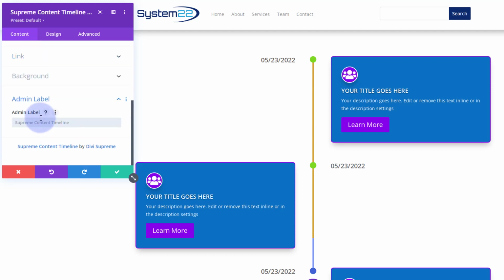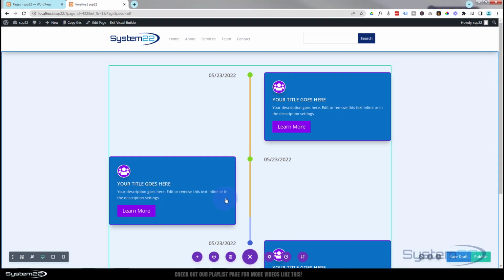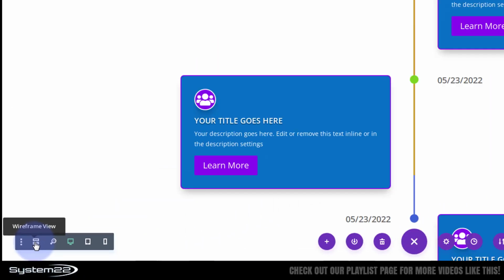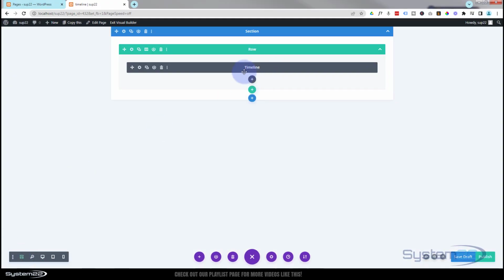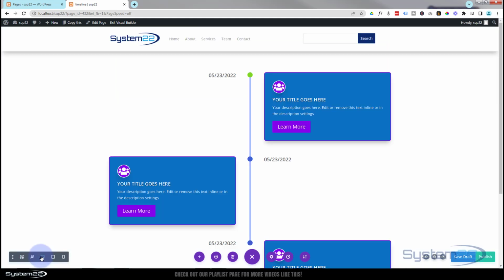Admin label. You can give it timeline if you need to see what it's like on the back end. And what that does for anybody that doesn't know, that gives it a name. So if you've got a lot of modules on a page, you can quickly flip to back end mode or wireframe mode, little icon bottom left here, and it tells you what that is. I've just called that admin label of timeline. Okay,